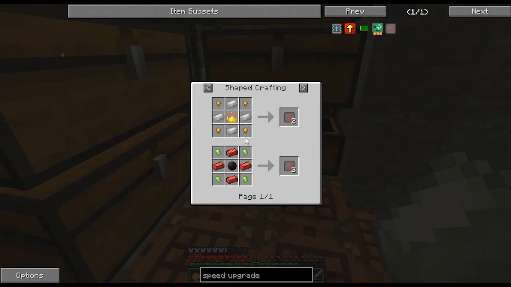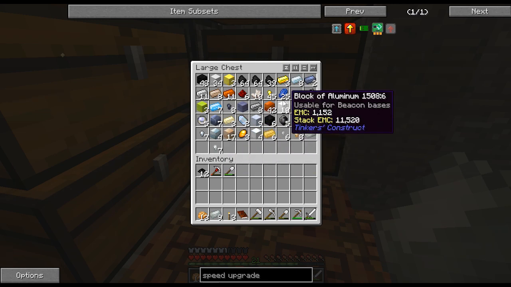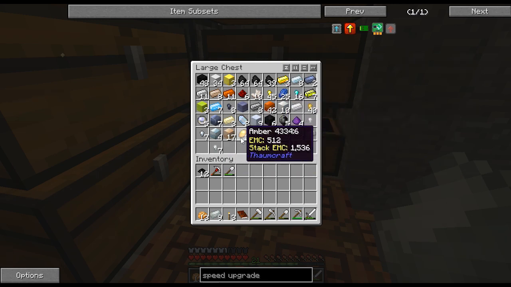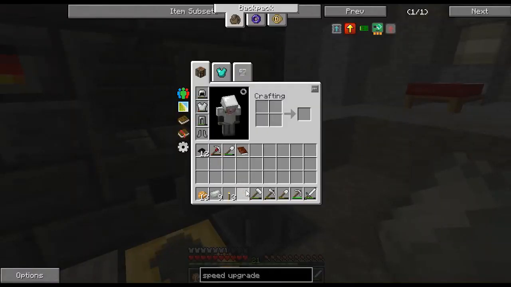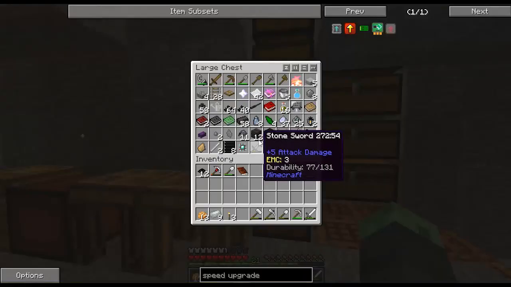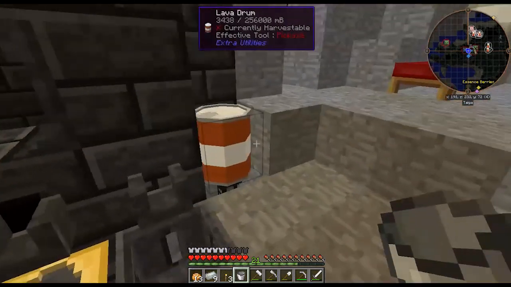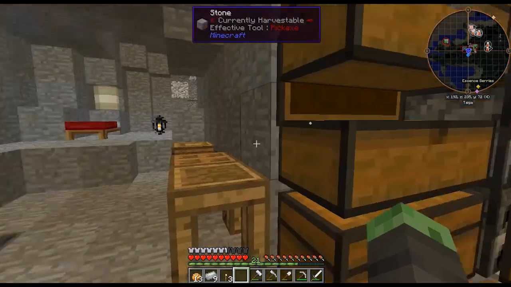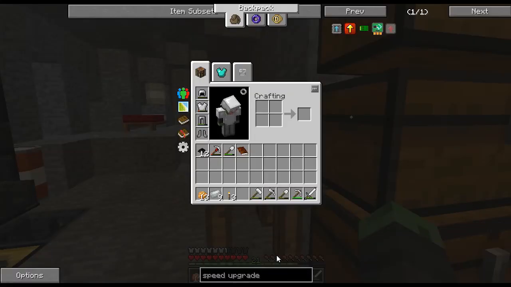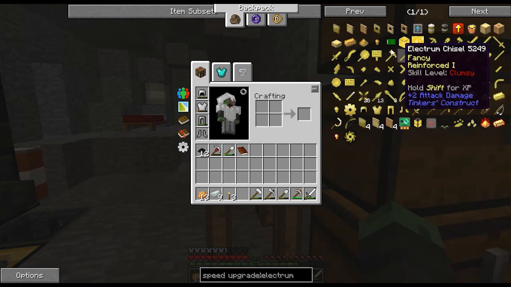We need electrum, which maybe we have? After further examination, I've realized that we don't have electrum anymore. We don't. Okay. Let's grab another bucket, because that seems to be a pattern, and why break patterns? I have no good reason to. And fill up the smeltery more. So we need more electrum. Good to know. Electrum is simply...